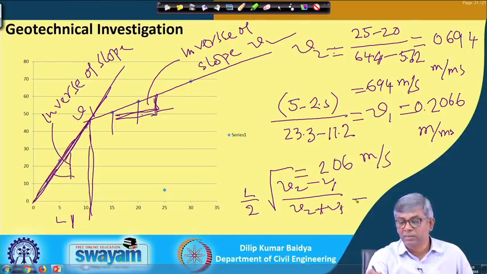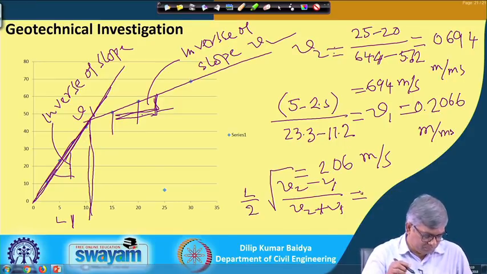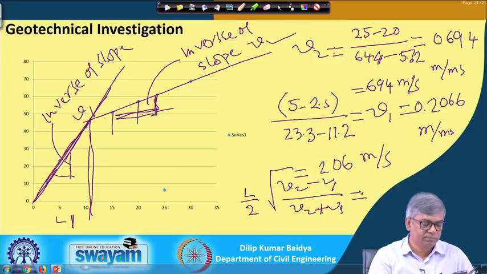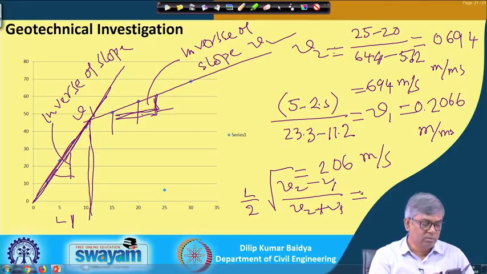So that means, with V 1 as 206 and V 2 as 694, it will be 694 minus 206 divided by 694 plus 206. So it becomes 0.54 under root